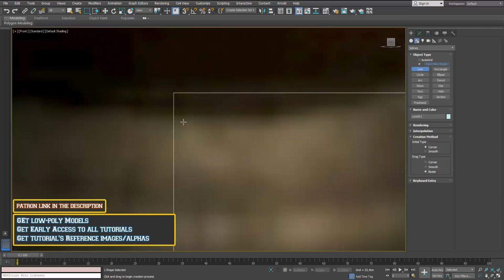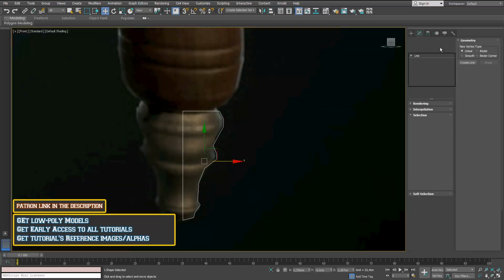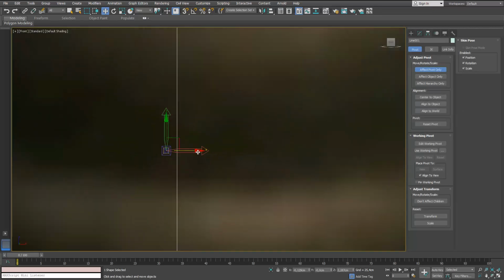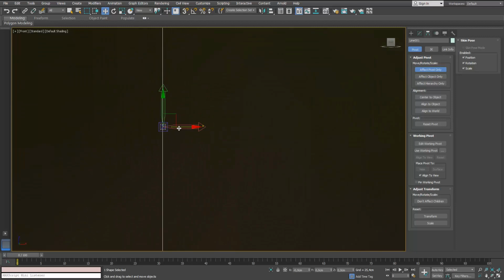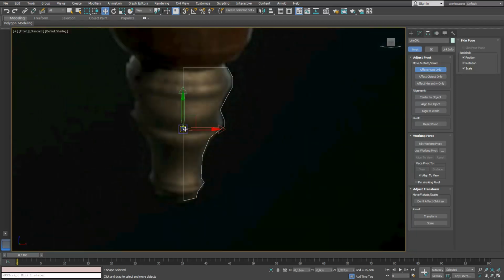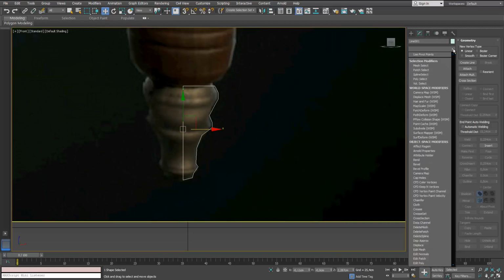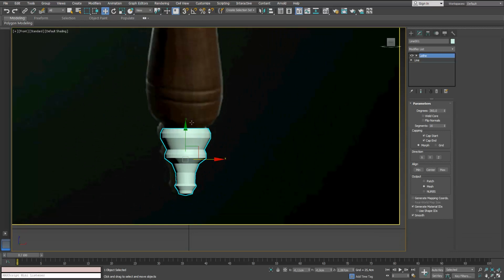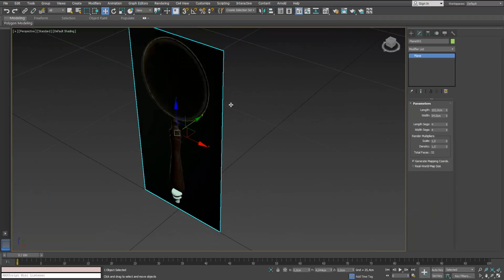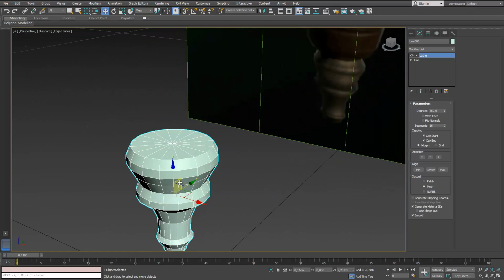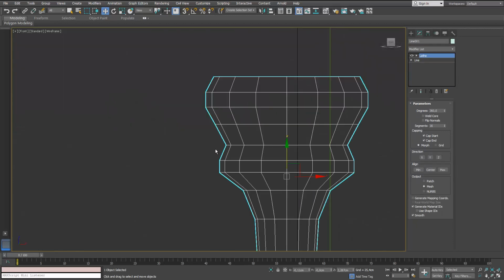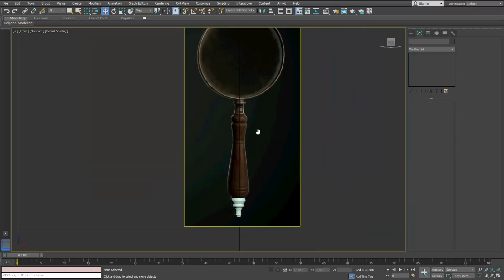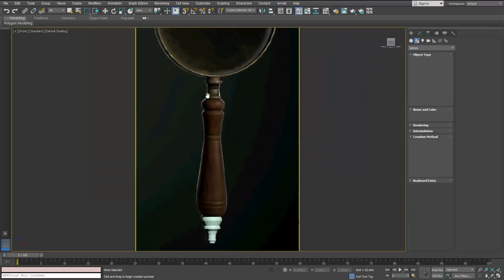And when we close this line, we're going to use a modifier that is called lathe modifier, and this will allow us to turn a 2D shape into a 3-dimensional shape. So we're gonna bring the pivot to the center of the axis, in our rotation axis, in order to be able to get a good, accurate 3D shape that resembles the reference image and the shape we are going for. Okay, so the next thing we're gonna do is gonna be similar to what we've done